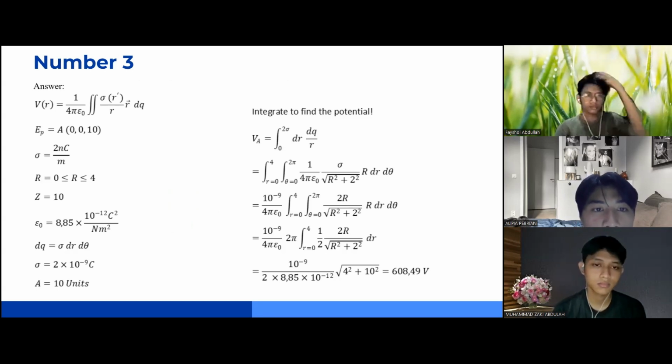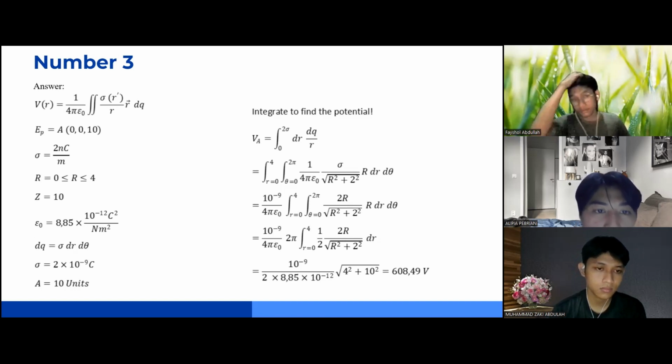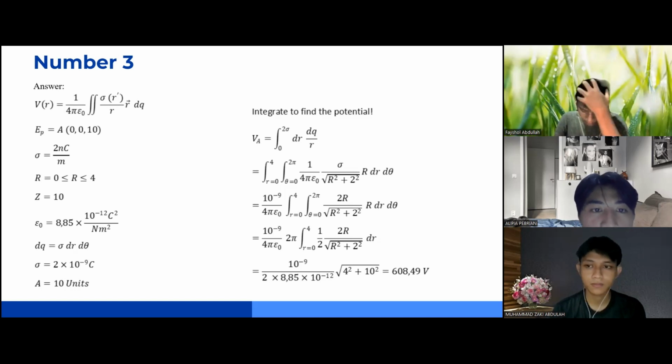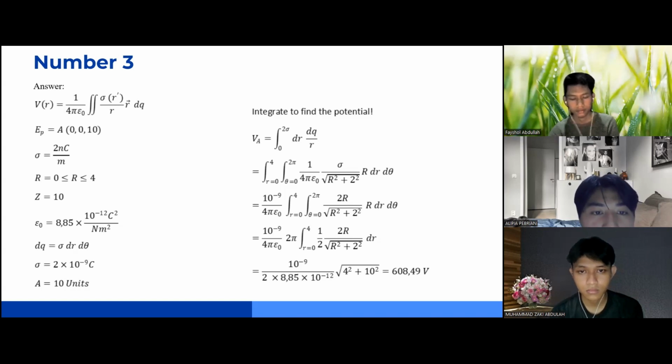V_A equals the integral from 0 to 4 of σ dS' over R, which equals the integral r = 0 to 4 and the integral θ = 0 to 2π of 1/(4πε0) times σ over the square root of r² + z², times r dr dθ,